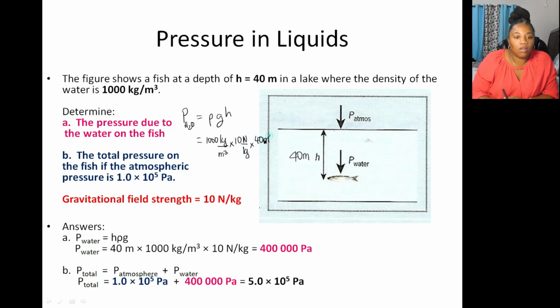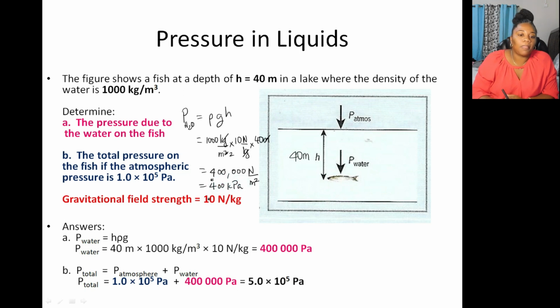And we have all the units that we require. And since we have 5 zeros, and of course the 4 times the 1, so 400,000 newtons per meter squared, and that's equal to 400